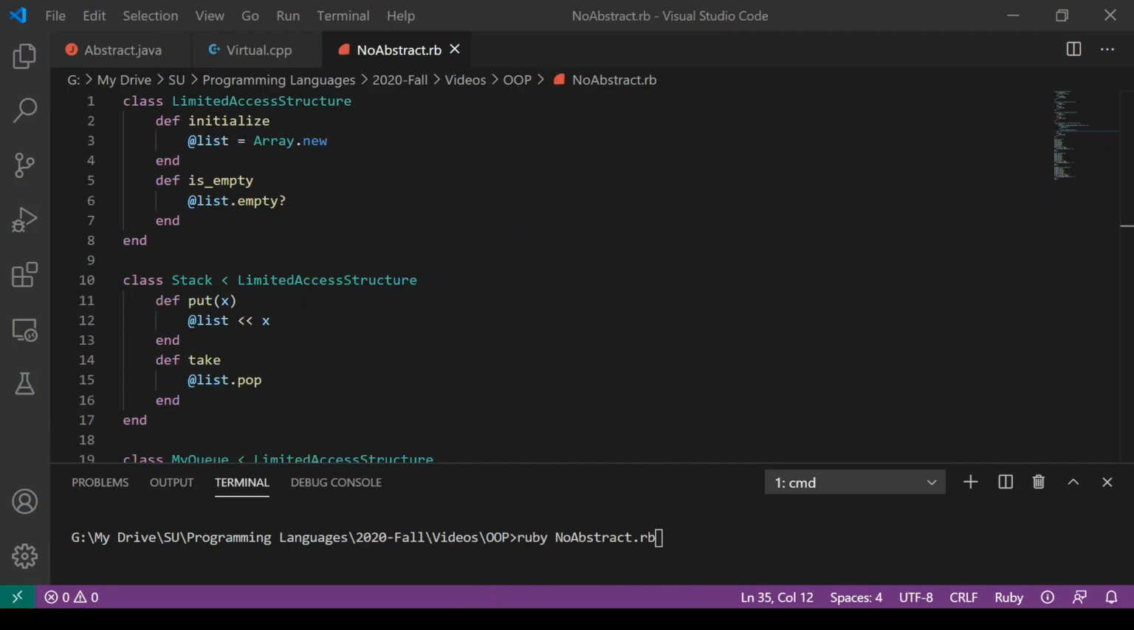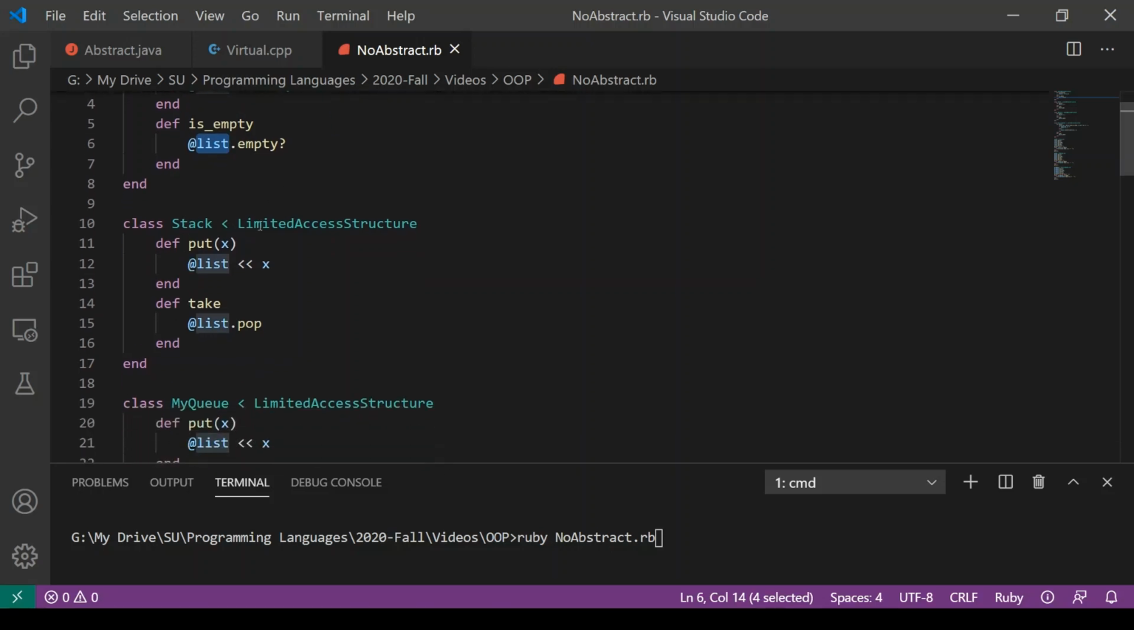It's worth pointing out that the concept of abstract methods and classes and virtual methods and classes are only really necessary if we have a static type system. If we look at the language Ruby, which does not define static types, we'll see that we can accomplish the same sort of inheritance pattern without any analog to these keywords. I define here a class, which is a limited access data structure. The constructor has a list, which is a new array. An isEmpty method simply checks if the list is empty. Then we start inheriting. So a stack is a type of limited access structure whose put method